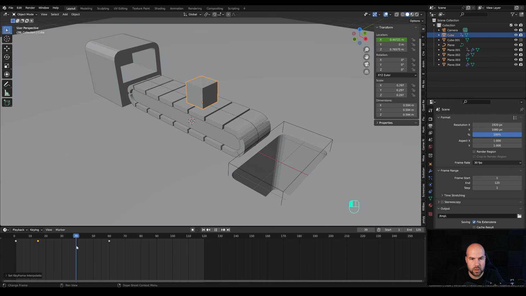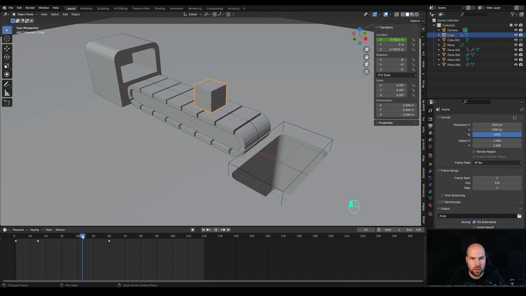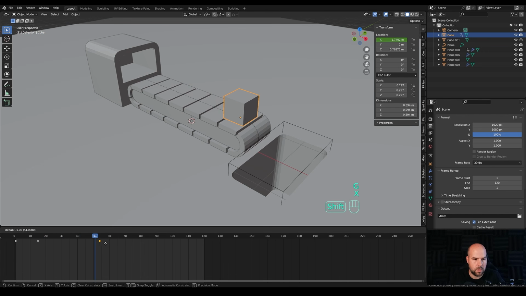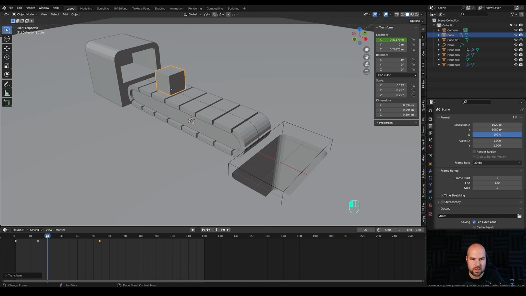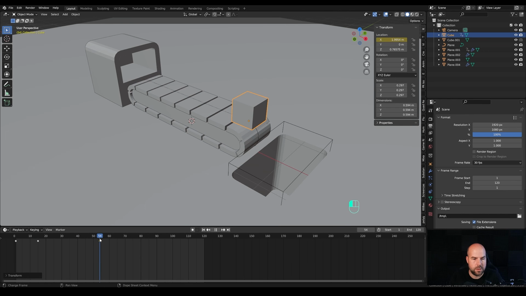So now it moves with a constant speed, but you can see the conveyor belt is a little bit faster if you go like this. You can see this edge getting away from the box, but it's close enough. So we just need to move this like 5 frames, and I think it's almost done. Yeah, something like this is fine. So as you can see, I end up on frame 54